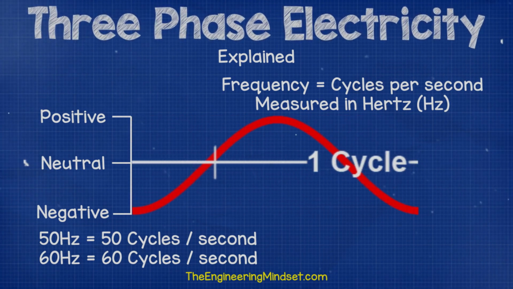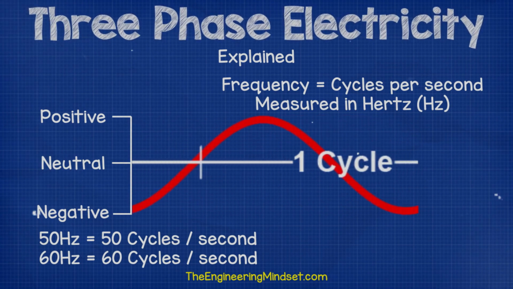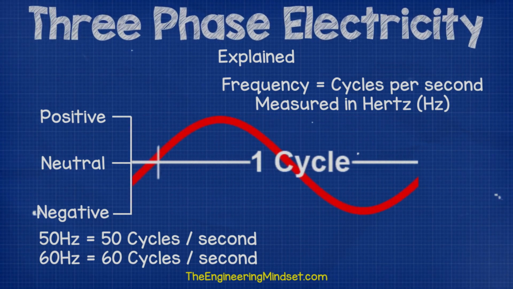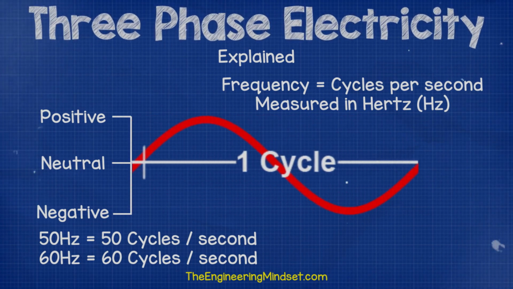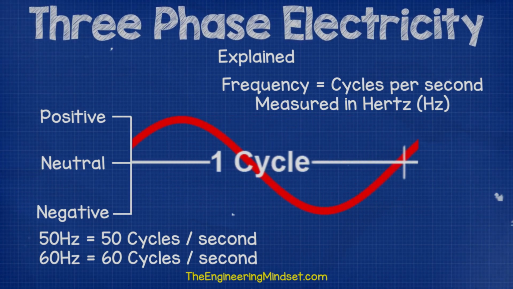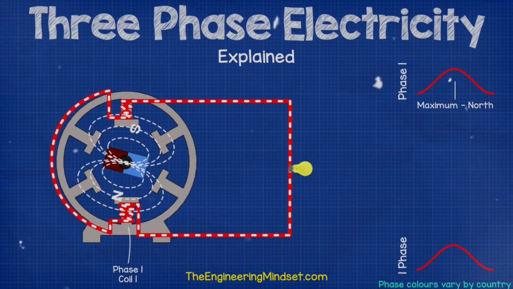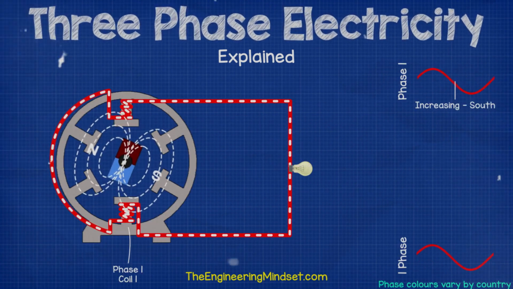So the direction of the current is therefore also changing 50 or 60 times per second. When it is written on electrical products, this is just telling the user what type of electricity the product should be connected to. Now, coming back to the sine wave that we saw earlier, this plot of current also represents